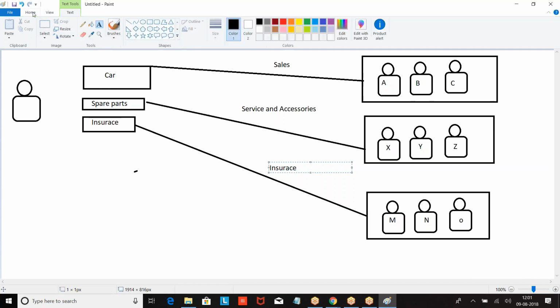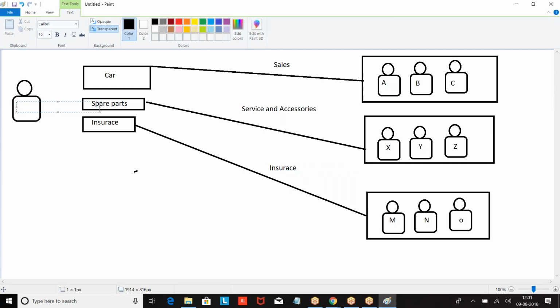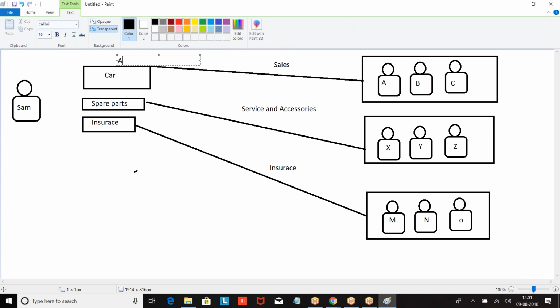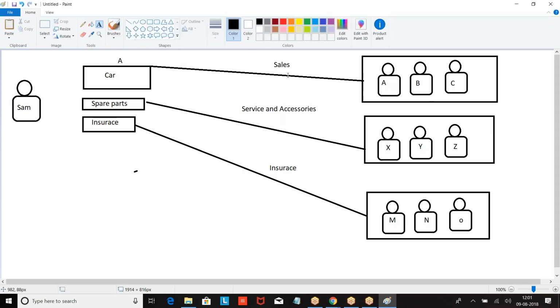But the customer came to the showroom. Now he will not speak to these people. Am I right? Now who will speak? He will speak with a guy called A, because my primary aim is to purchase a car. I will not go and speak to the insurance guy in the showroom. I will not go and speak to the spare accessory guys in the showroom. I will go and talk to the sales representative who will sell the vehicles. I spoke. After taking the car, now what happened? The customer may go for accessories, may go for insurance.